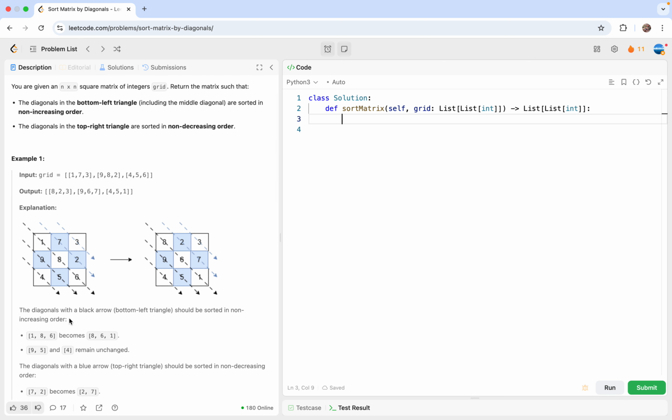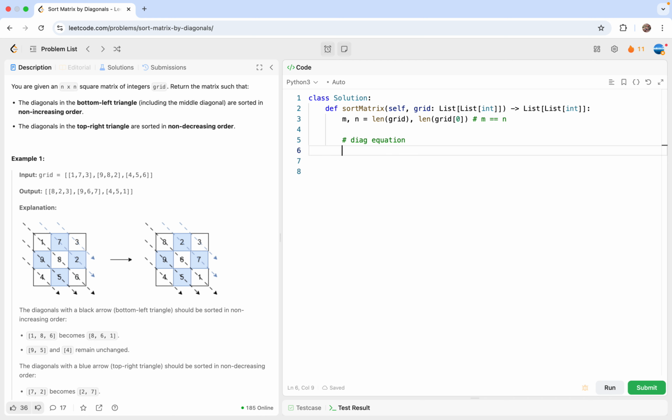So the key thing is, how do we identify the diagonal elements? By diagonal, I mean the leading diagonal and the ones parallel to it, above and below. First, here I'm going to use m and n, length of grid and length of grid 0, because we want to solve a general question. If m and n are not the same, we can still solve this. So here n actually equals m. Here first I want to get the diagonal